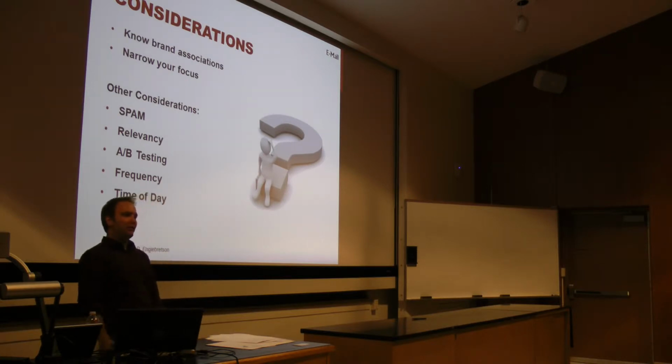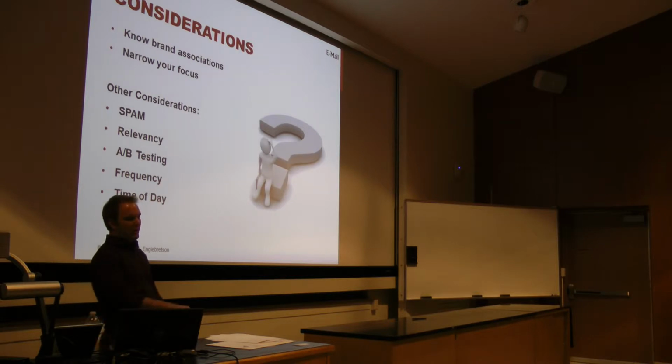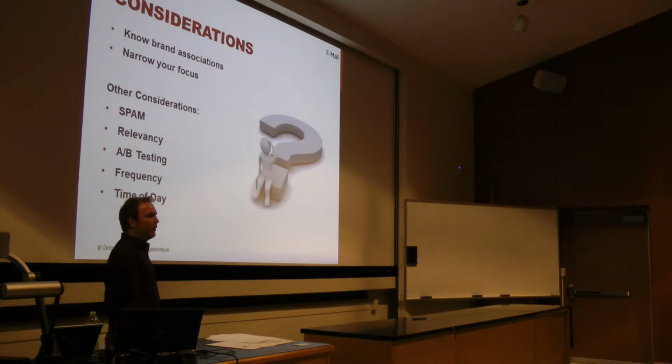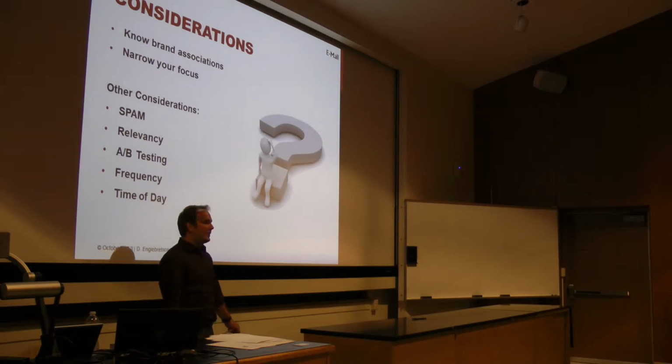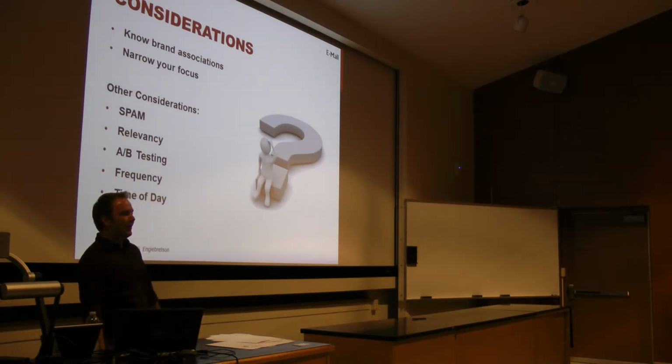Do some A/B testing. A/B testing is one of the great things about emailing, because let's say you have a list of 10,000. You don't have to send all 10,000 emails all at once. You can send 100 emails where your subject says, get 15% off a sweatshirt. You can send another 100 emails that says, get 10% off sweatshirts. Come to find out, just as many people open the 10% as the 15%, so I'm going to send my other 9,800 emails with 10% in the subject line, not 15%, and I learned that because I A/B tested.